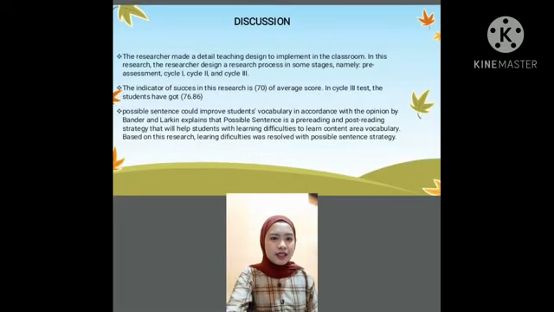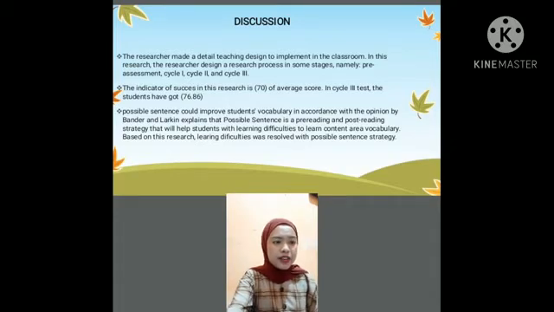Discussions. The first one, the teacher made a detailed teaching design to implement in the classroom. In this research, the researcher designed a research process in some stages, namely pre-assessment test, cycle 1, cycle 2, and cycle 3. The second one, the indicator of success in this research is